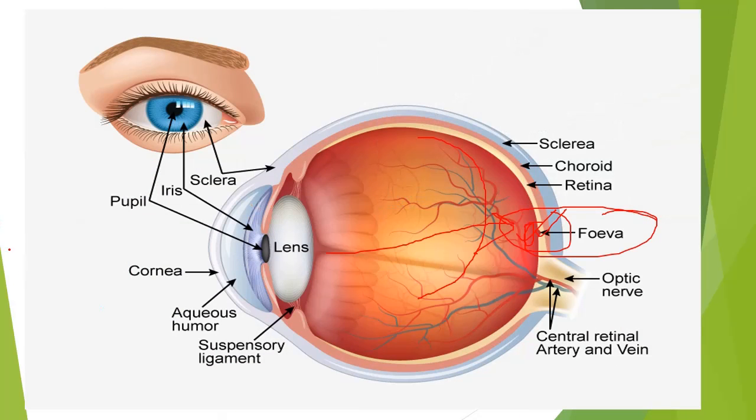Here you can see that there is a cornea. This cornea is a very important part of the eye and it needs to be protected. So there is always a film, or tear film. Whenever we cry, there are tears in our eyes. There is always a tear film here which protects our cornea from dust particles. Whenever dust particles get into our eye, this tear film